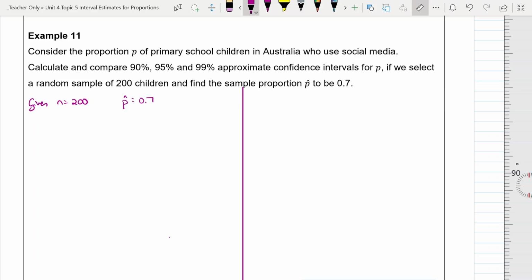If we don't get given an x value, we can't use inter with our calculator, but that's okay because remember that our standard deviation is equal to the square root of p hat times (1 minus p hat) over n, and we can work that out because we know that p hat is 0.7, that's 0.3, 200, and that gives us a value of